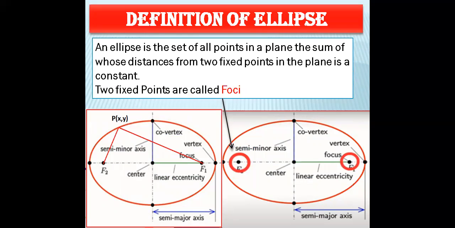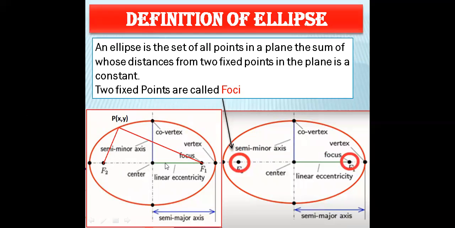Now, when an impression is taken in the mind of the student, then we introduce the definition. In the definition, we take an ellipse, and P(x, y) is any arbitrary point on the ellipse, and F1 and F2 are the two fixed points. Now tell the student to measure the distance of point P from F1 and F2 and find the sum. Now shift the position of point P somewhere else on the ellipse, and again repeat the same activity.